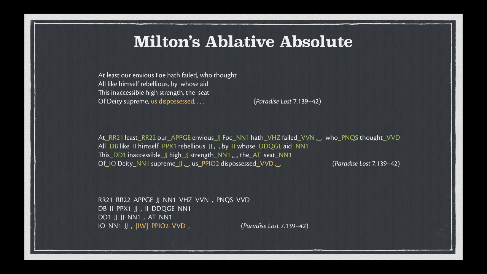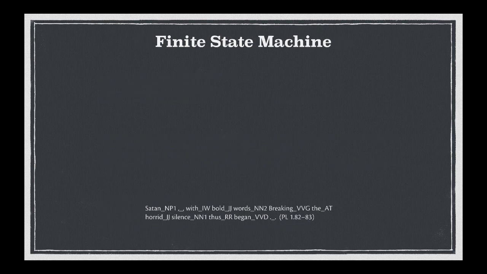Those of you who have done a lot of computer work know that one of the popular tools for this is regular expressions, but I chose to go a different route because I think it's a little easier to program, and even a little faster, which is to use finite state machines. In a finite state machine, we look through our part of speech tagged text for the first tag in a structure like an ablative absolute. The "with" preposition is an IW tag, so we look to find a part of speech that happens to be an IW. And if we find that, you can see here in the blue-green, we can color code that.